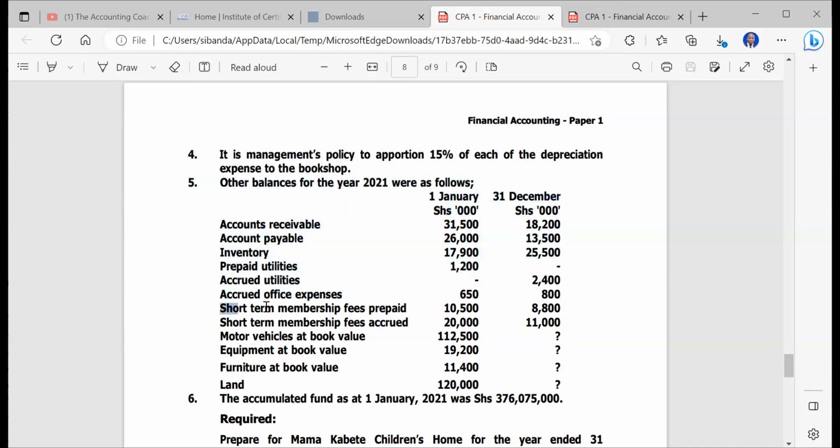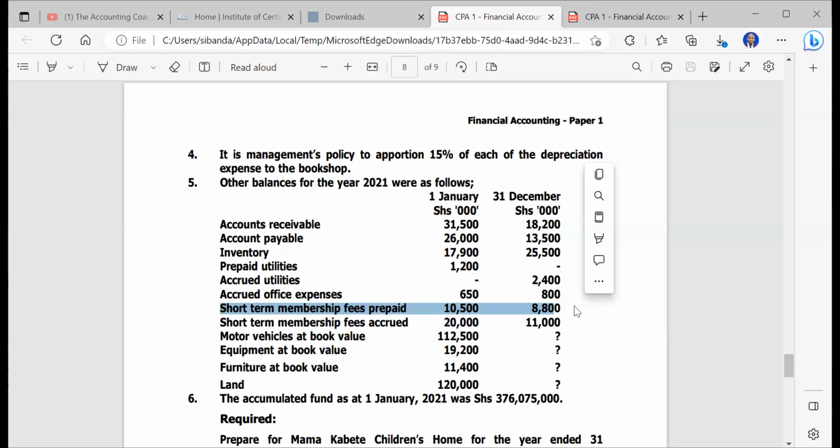Now, you're seeing this short-term membership fees paid. Now, this means that some members paid in advance for their fees. Okay, they paid in advance for their fees, which is okay. Some of you are students of ISPA or CPA, and you have cases where you pay in advance your membership fees or subscription fees. So it's also common with this. Now, why they give you these balances is every time members pay in advance, then you know that those are actually